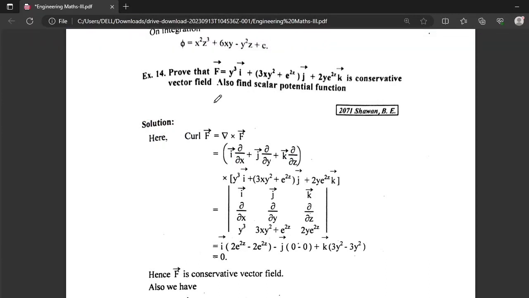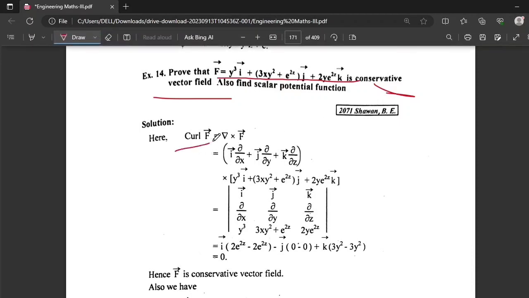This is the 14th lecture of the topic line integral, and the question is prove that f vector is conservative vector field. So to prove any vector as conservative, we need to show that curl of f vector is 0. So curl of your vector is i d by dx plus j d by dy plus k d by dz is this,